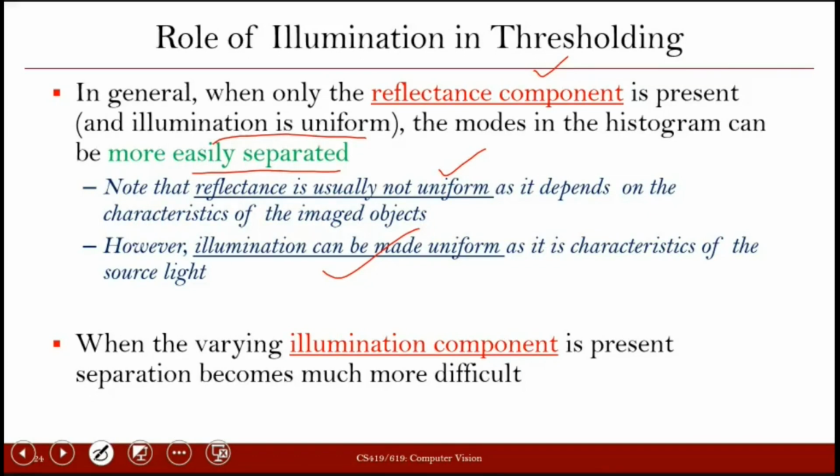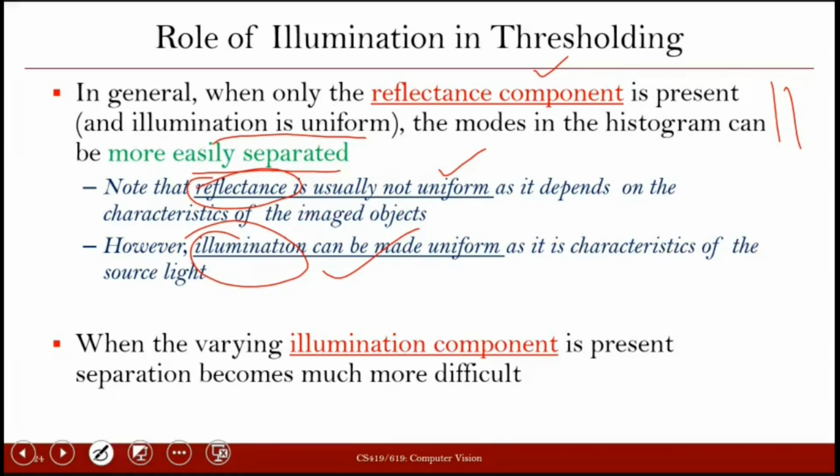The illumination part is in our hand, but reflectance is not. But as we see here, if we can have uniform illumination, then thresholding will be successful.